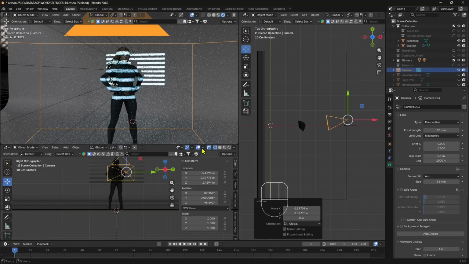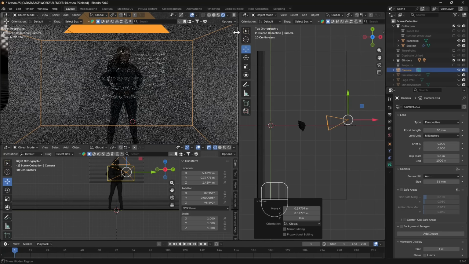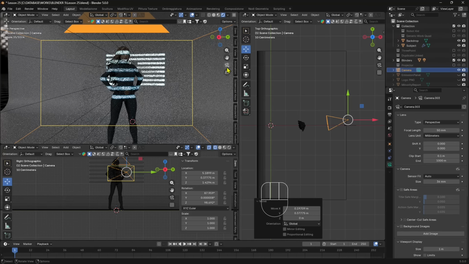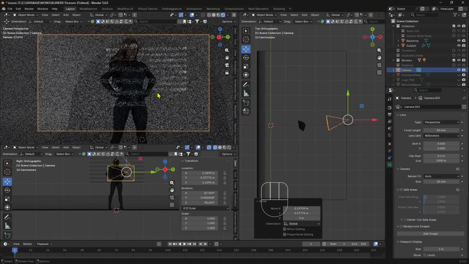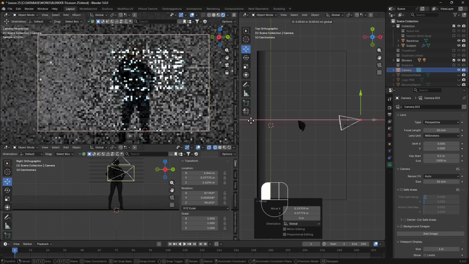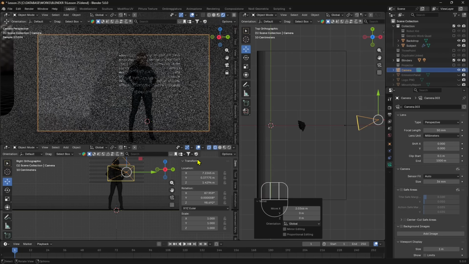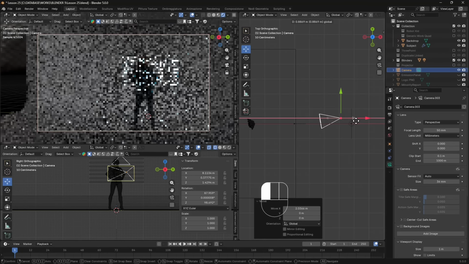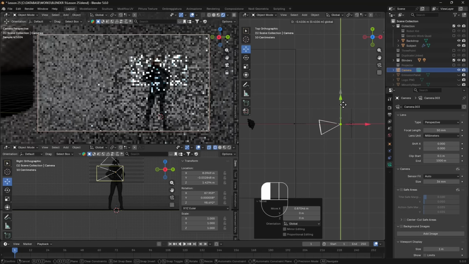Okay, now I can go inside and see what I'm looking at. So let me expand the sidebar here and also the tools. So if I go inside, there you go. This is now what I'm looking at. So I can adjust the position of the camera working with the other two views like this, or I can